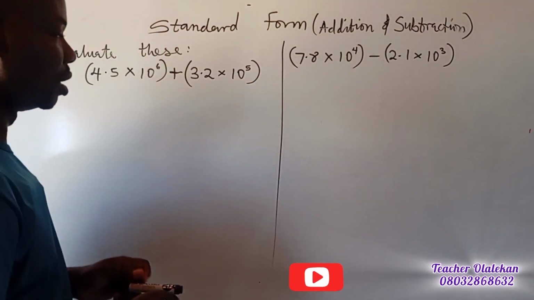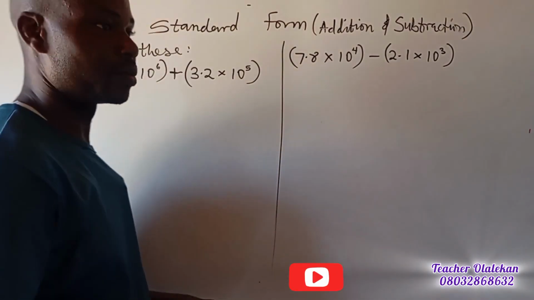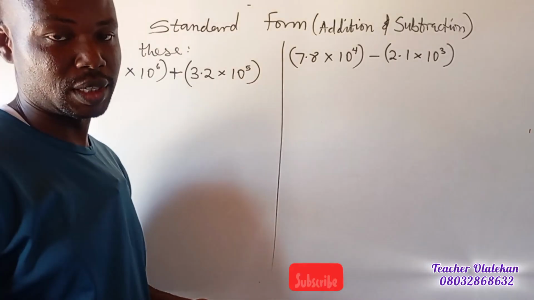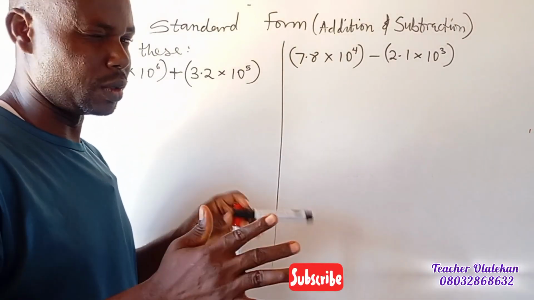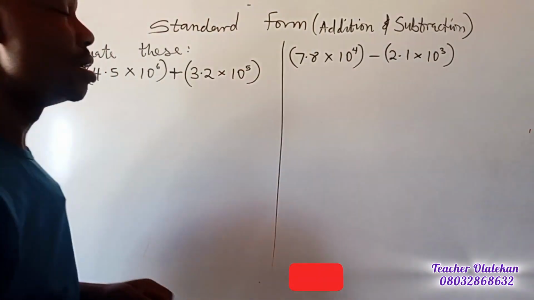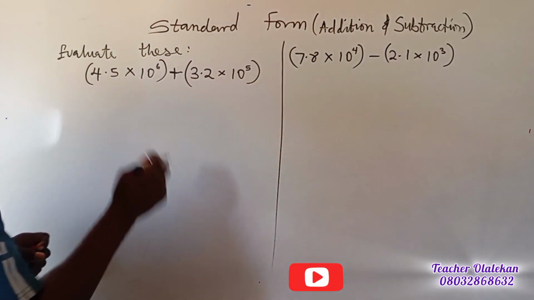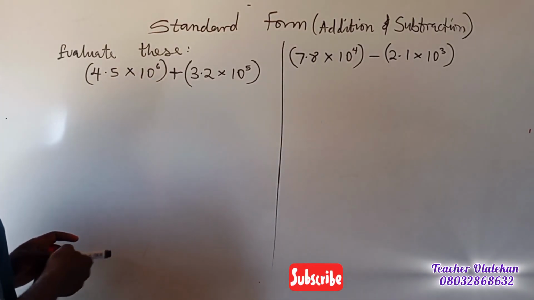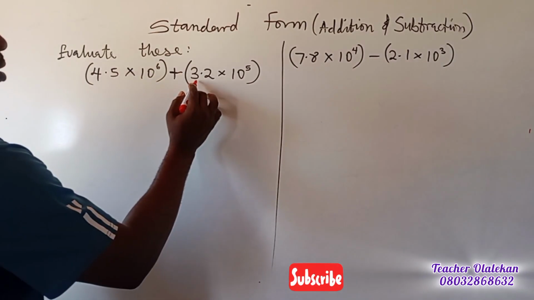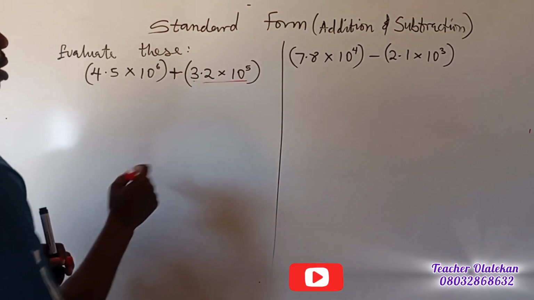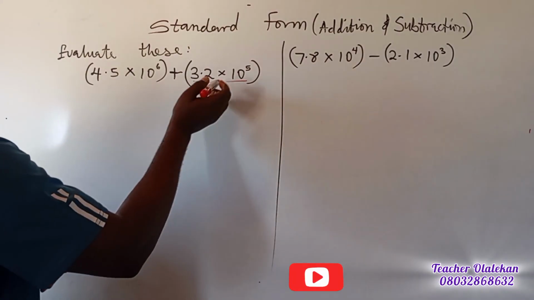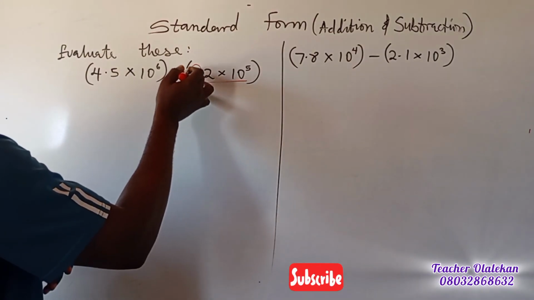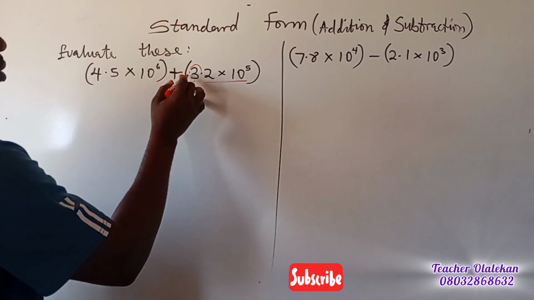Then you just take one of the exponents, because you made them the same, just like the way we do in indices. So to do that, this is 10 raised to power 6, this is 10 raised to power 5. So we have to make them have the same exponent. How do we do that? Our point has to come once here. So that becomes